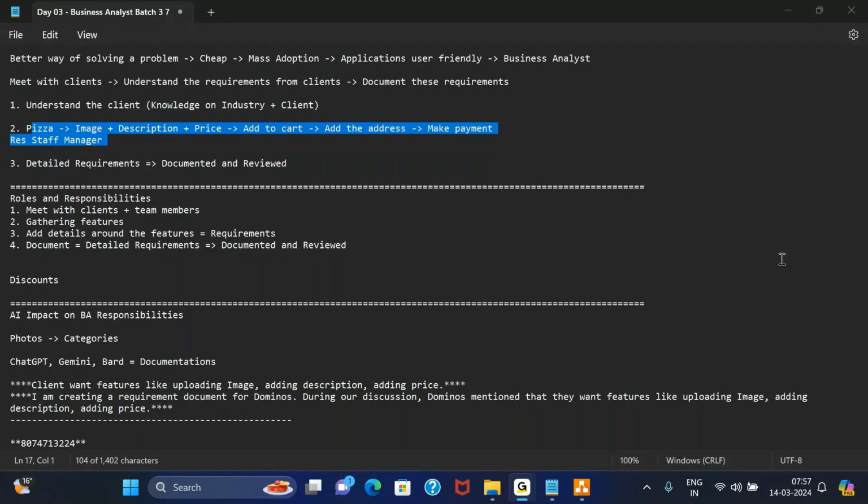But to be honest, if you look at any of the jobs that are available or any of the interviews that happen, no one will ask you whether you are going to work as a functional BA or techno functional BA. Functional BA is usually what we will be going through in this training program. That is, understand the domain, get the requirements.